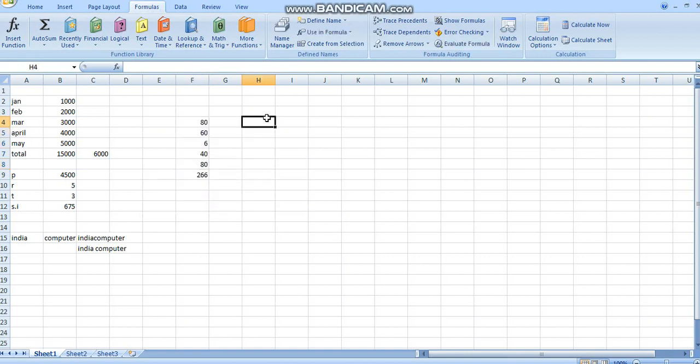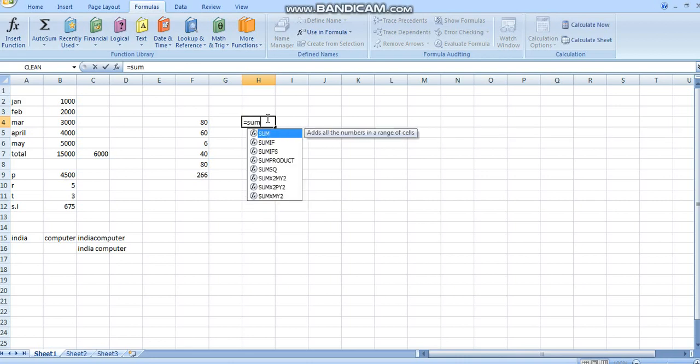Now how do I use this named range? I have named this range. Now I'll write equal to SUM. There is no need to select the range, I just have to write unit.